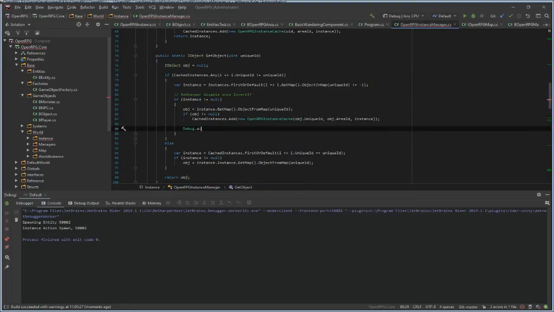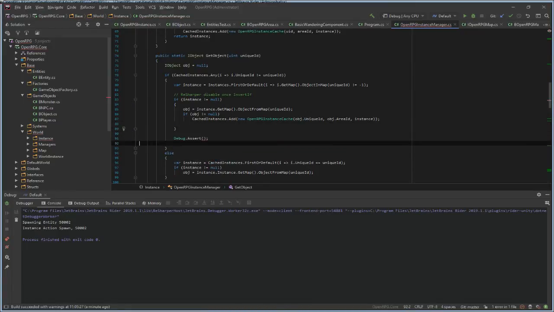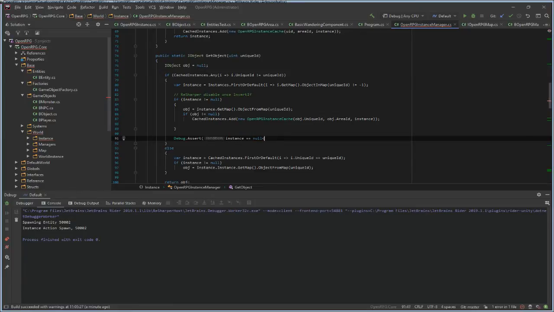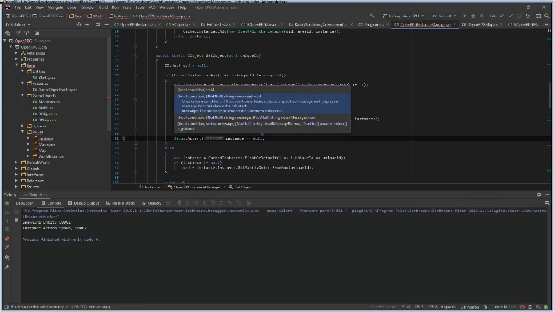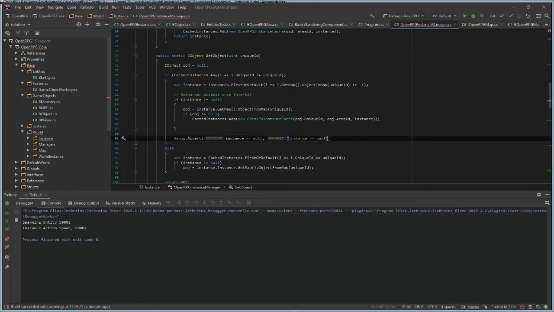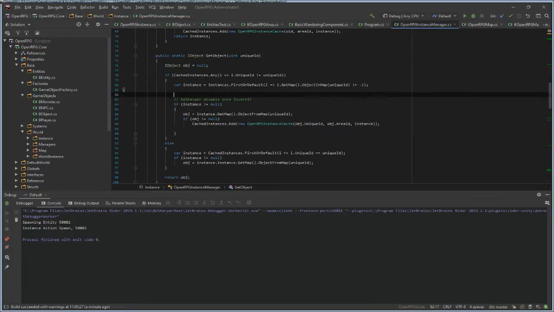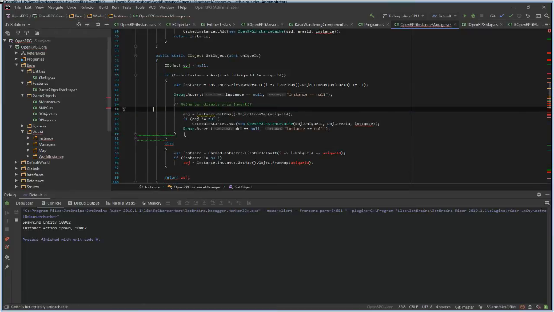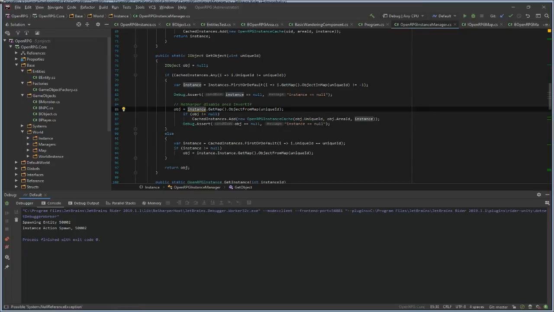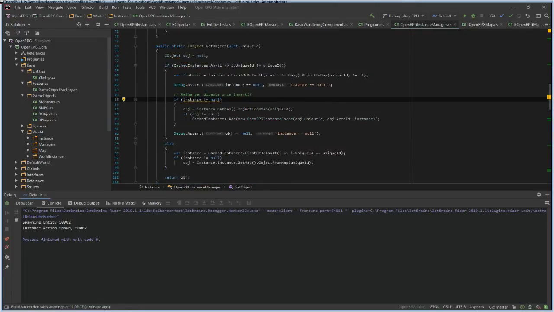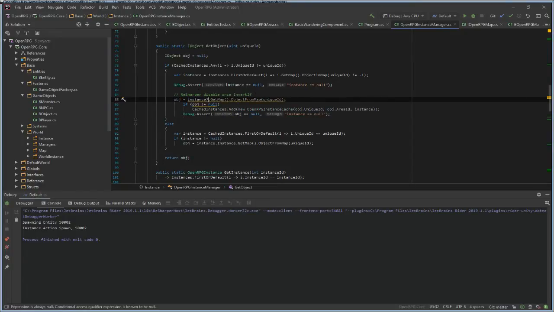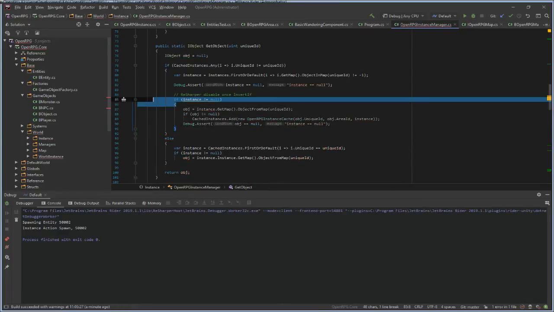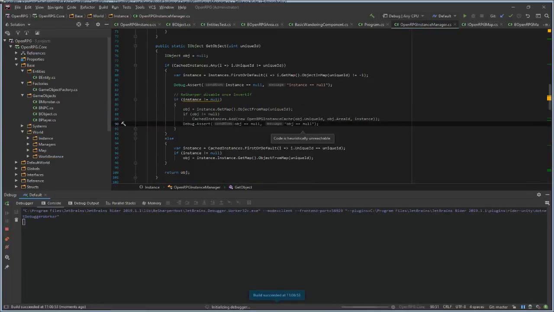Debug. Yes, expression will always be false. Object is null. Oh, this is stupid.